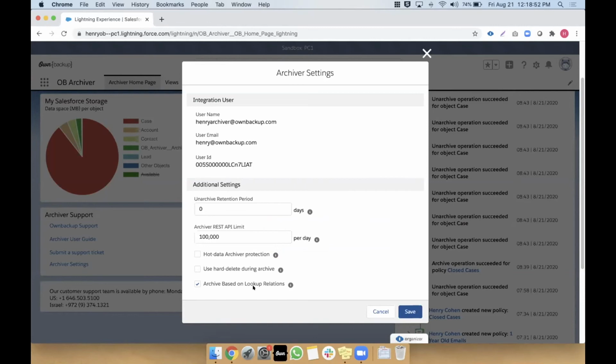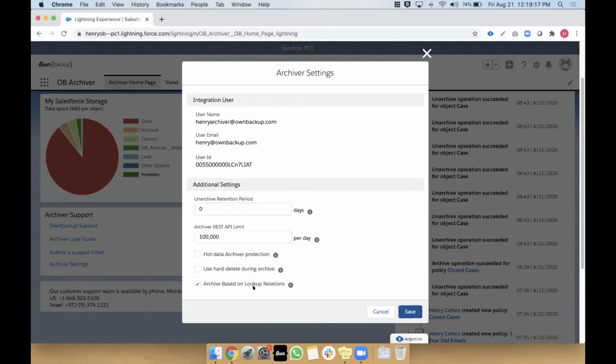The archiving based on lookup relationships gives you the ability to include additional related data in your archiver settings. So as we all know within Salesforce, there are really two core types of relationships, master details and lookup relationships. With master details, when you delete that parent record, the child records automatically get deleted as well.